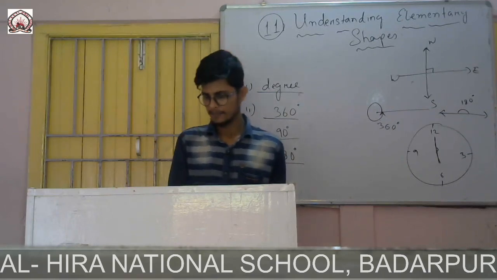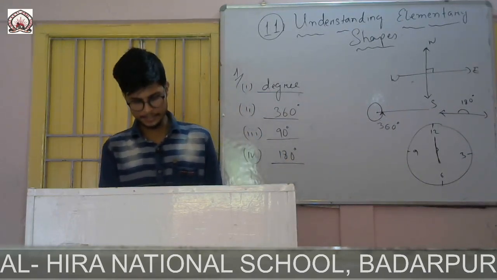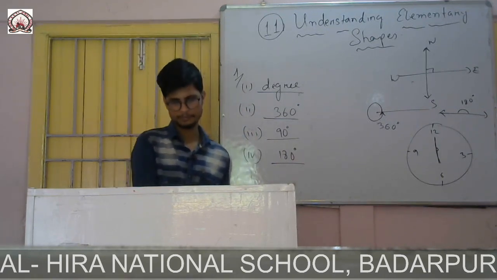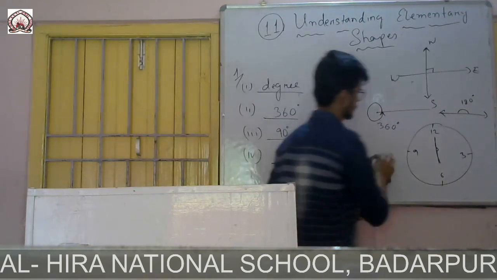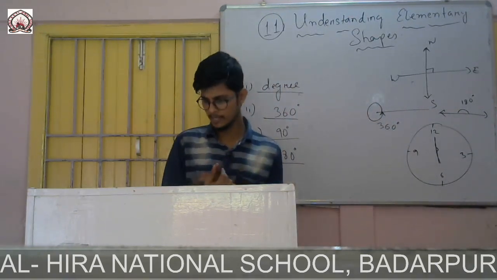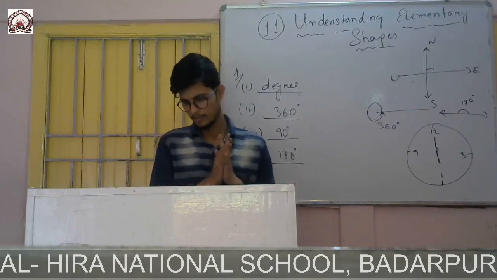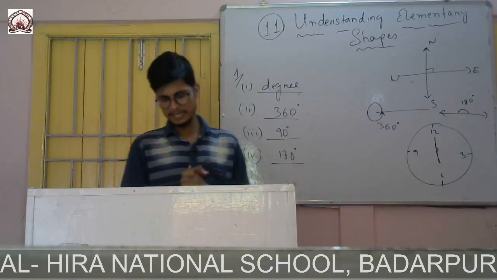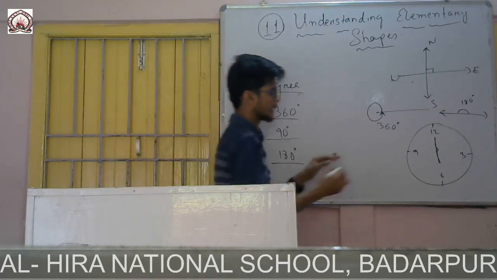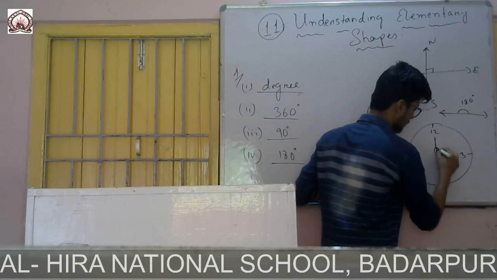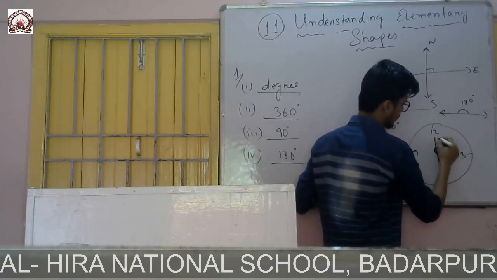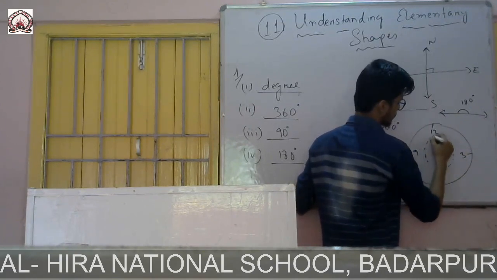Roman number 5. The measure of the angle when the minute hand moves by 1 minute is equal to, so minute hand. In a clock there are 3 hands. One is second, another one is minute, another one is hour. The question is the measure of the angle when the minute hand moves 1 minute. So we know that a clock is circular. There it is one full rotation. If it starts from 12, then it is 360 degrees.